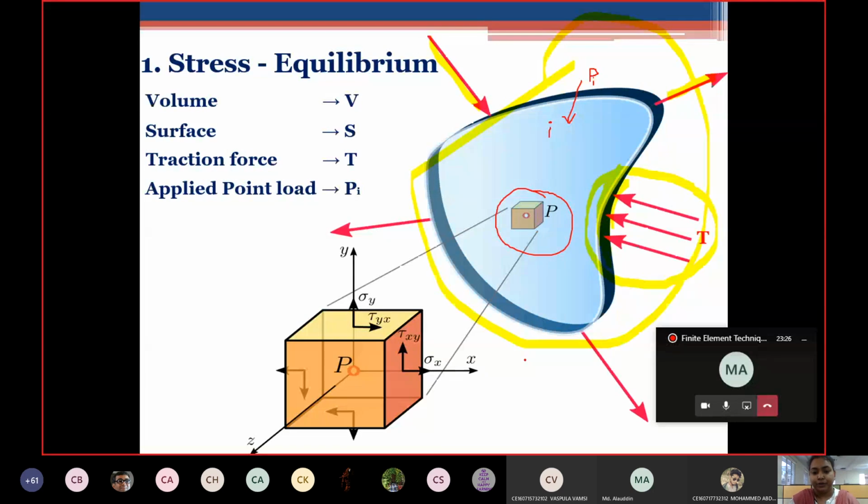All right. I want you to draw a 3D figure like this. In your notes, please make sure you draw this 3D body. The X, Y, Z direction can be anything. Here in the figure, it is given X horizontal, Y vertical. Based on the right hand rule, you can consider any orientation. This can be X, this can be Y, this can be Z, anything. But all the three should be perpendicular, is the point. Please draw this figure, and after you finish, you'll give me a yes, please.